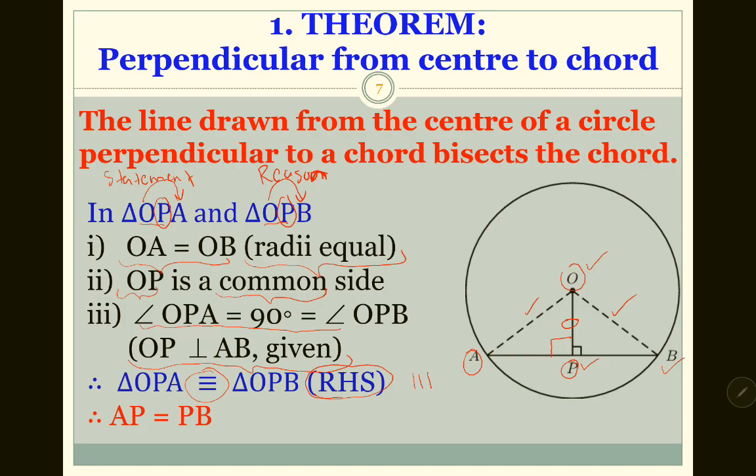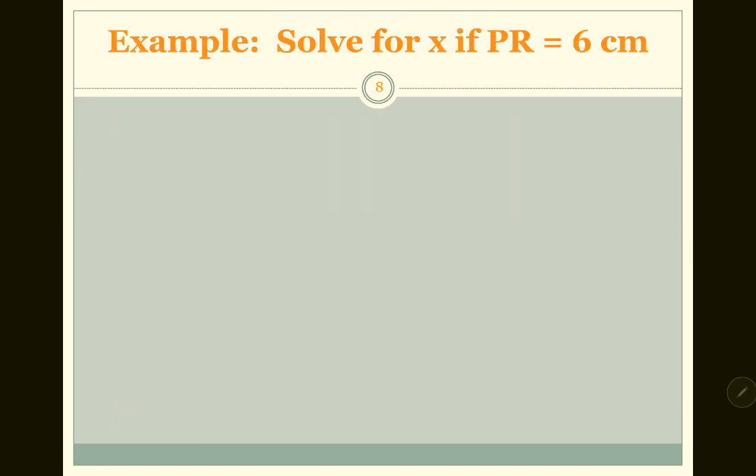So what am I basically saying? I'm saying if this side is equal to this side, and if this side is equal to this side, then because it's a triangle, this side will definitely need to be equal to that side. That's the third side of a triangle. Simple as that, right? So we have proven this. The next thing that we need to do is apply this, right? So we're going to apply this using an example,